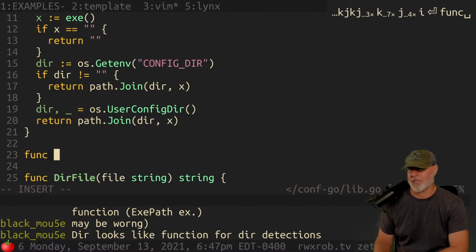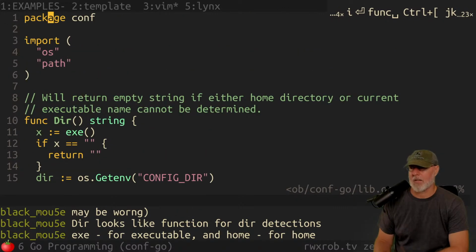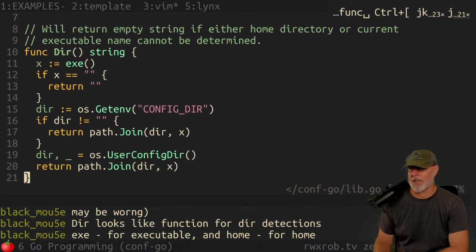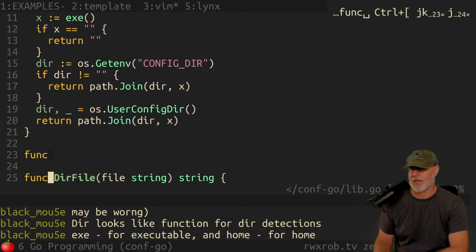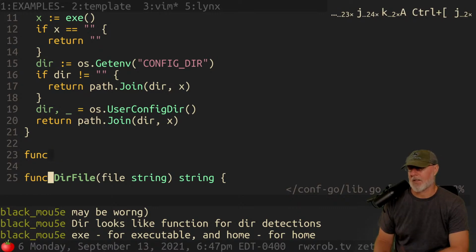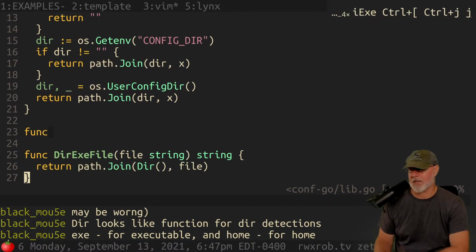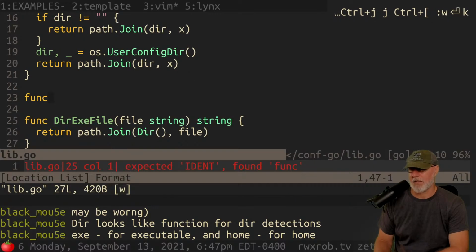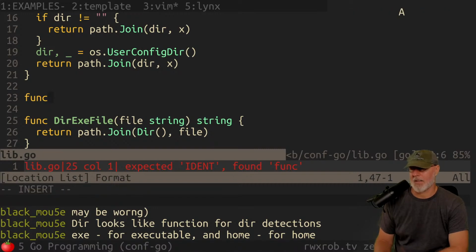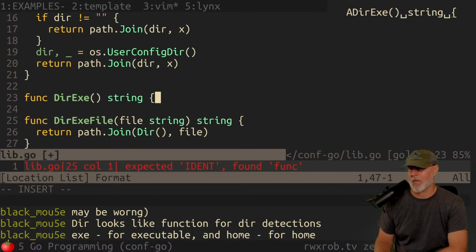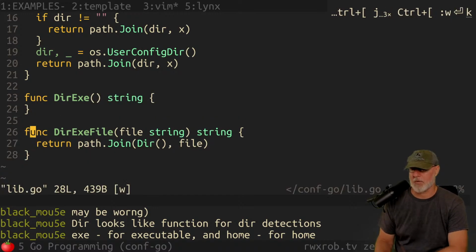Func dir exe conf.dir exe, yes. And this actually would be exe file. Yeah, I like it. Dir exe. Much better. This is much more usable.